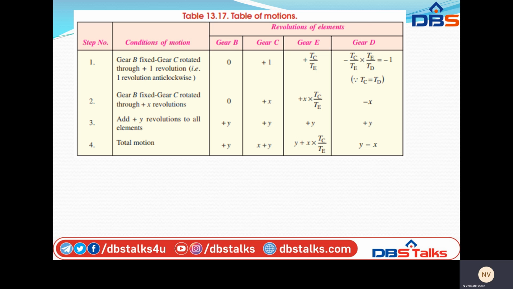So if you see in the table, we clearly observe when the gear B is rotating from the engine shaft with y revolutions. If the gear B is rotating with y revolutions, then the speed of the inner gear D is lesser than y. Since we see the formula y minus x, it is less than y by x revolutions. And at the same time, the speed of the gear C, which is of the rear axle, that is the outermost thing, is greater than y by x revolutions.